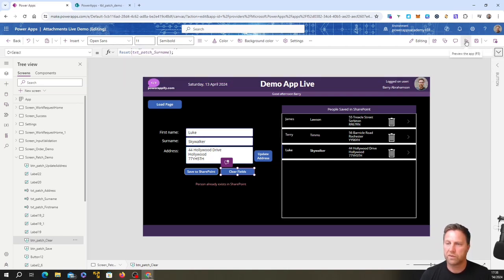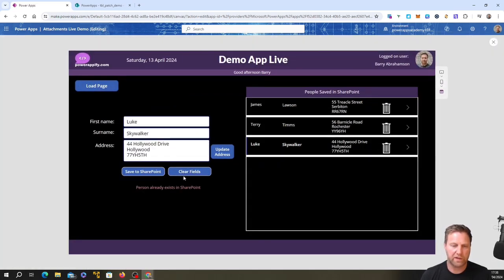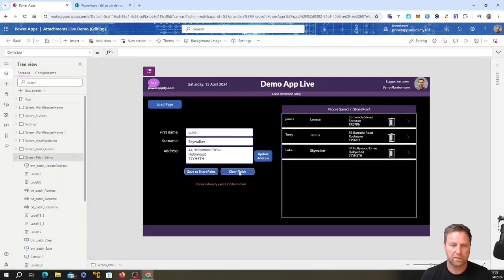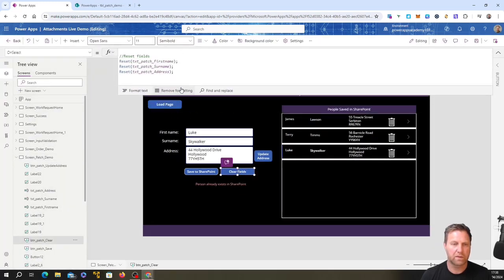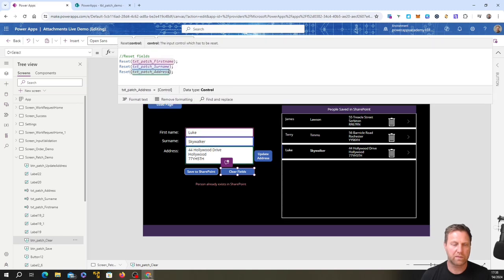Cool. So what do we got now? So we've got our things over there. We clear our clear fields. Why isn't that working? I'm not sure why. I think we've got to. It's because we've got to